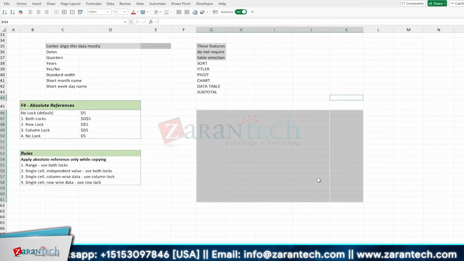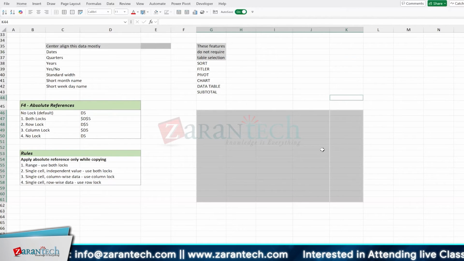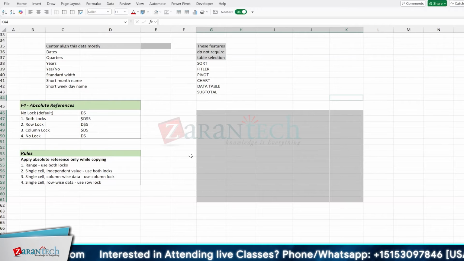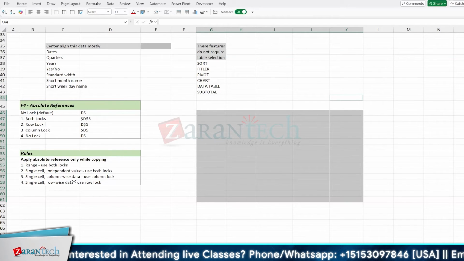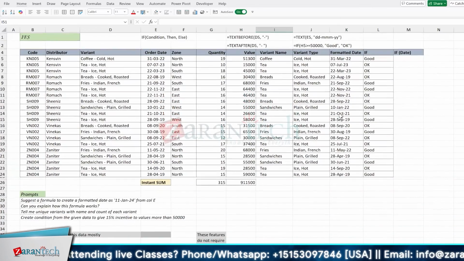So if I work on the table here and a column here, and I choose a cell inside the table, for example, no lock. If I work on the table here, a column here, a cell outside the table, both lock. If I work on a column with a new formula and that contains a range, for example, it has to be both locks always. Array is there, I have to have a both lock available over there always. But if I go to single cell, which contains column-wise data and single cell row-wise data, my objective in this case is, for example,